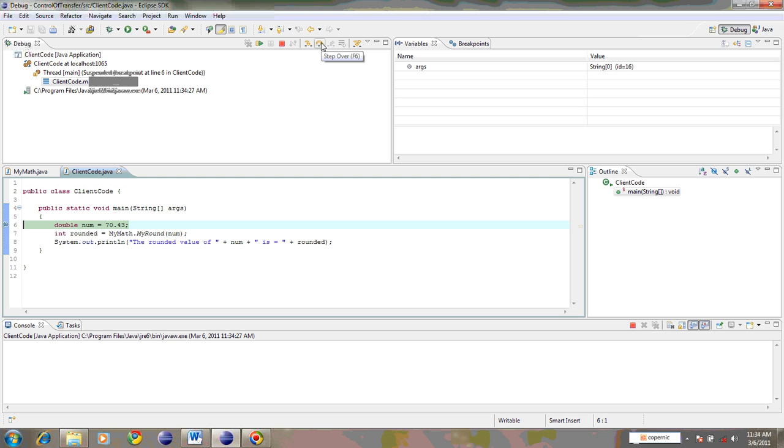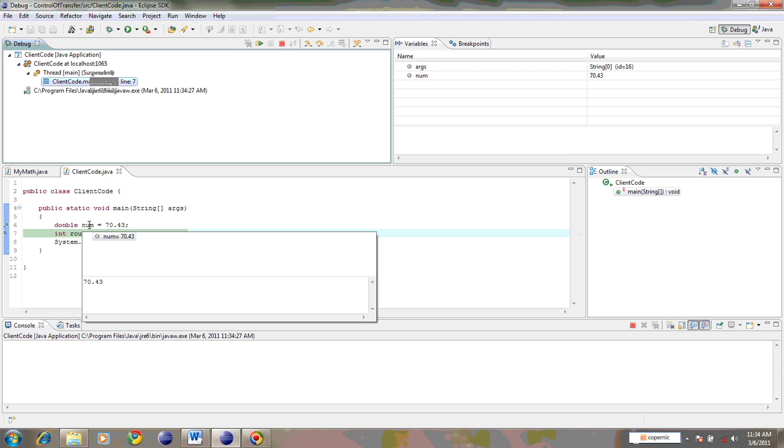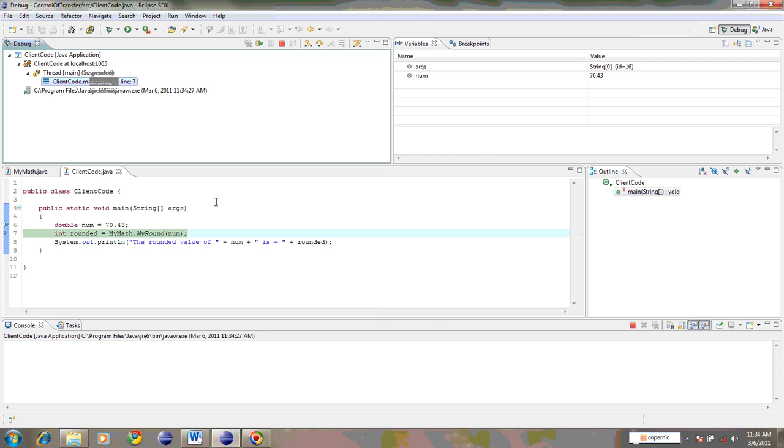So I click on step over because it's just an assignment, and if I put my mouse here, it says that num has adopted a value of 70.43. Now here I'm making a method call, so step into takes me inside the method. So I click here. So notice in this expression here, first the right hand side has to be completed